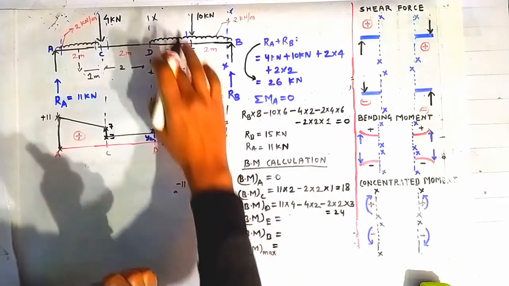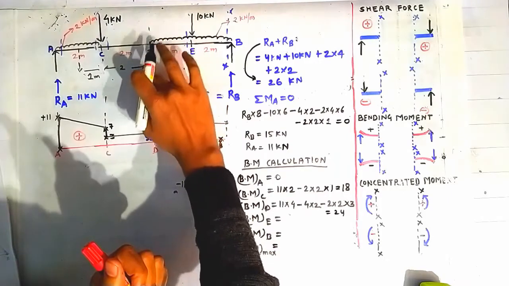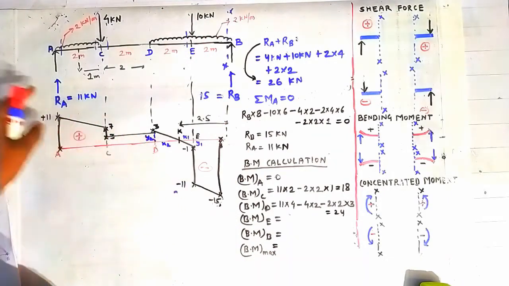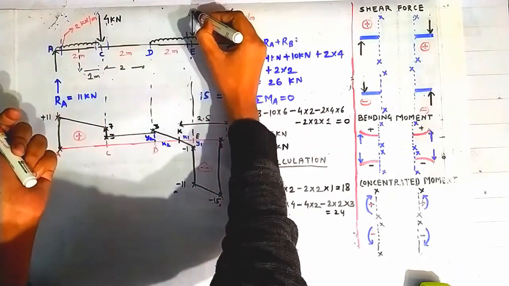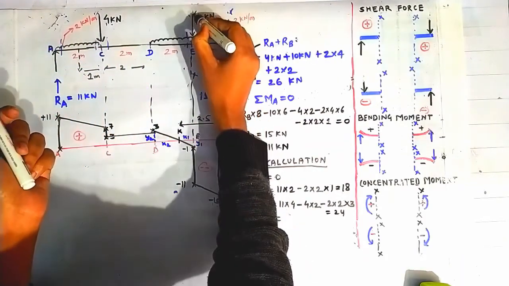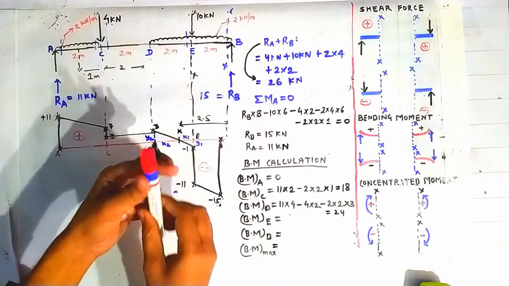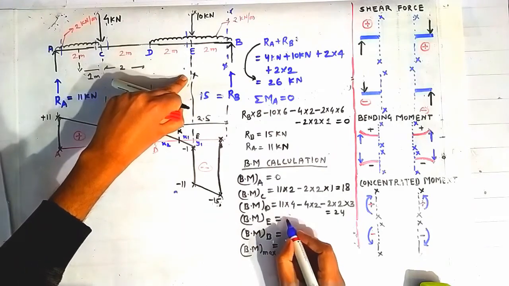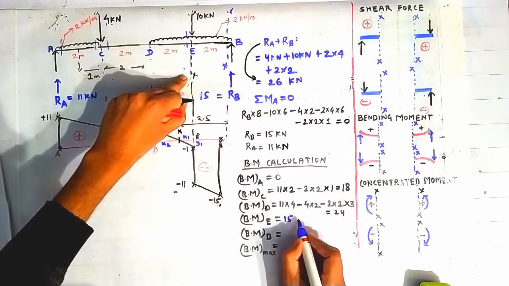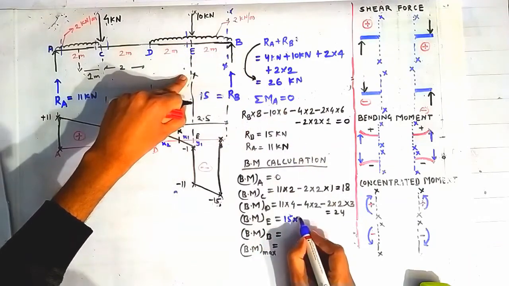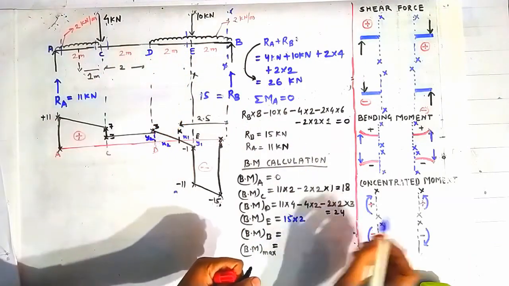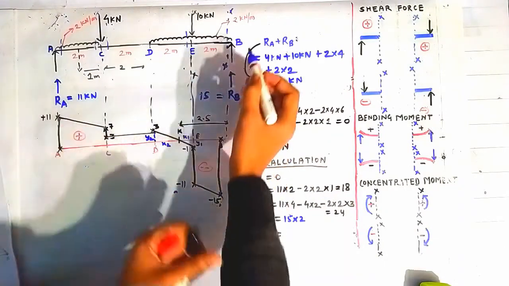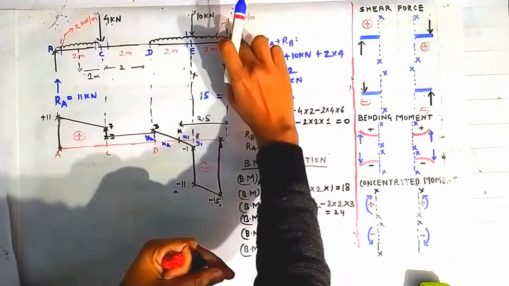Now the bending moment at E, if you want to calculate, then construct a section here in a similar fashion as I have done at the point D. If we construct a section here passing through this point E, then looking on the right side of this section, you can see that this RB is causing a bending moment of magnitude 15, the magnitude of this RB into the distance 2 meter, and it is sagging in nature using this sign convention.